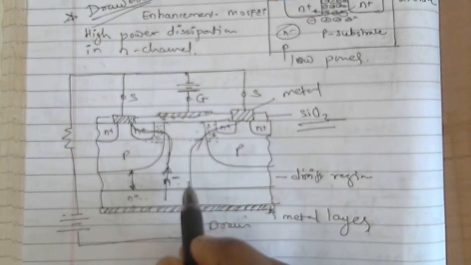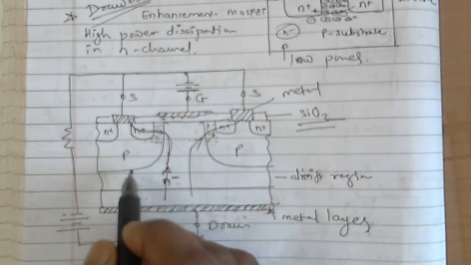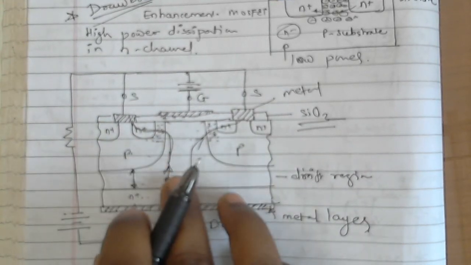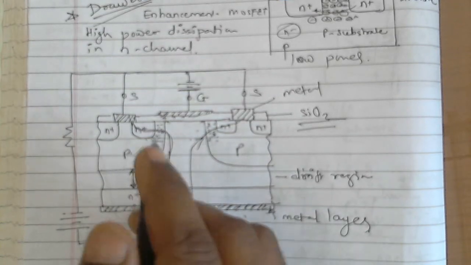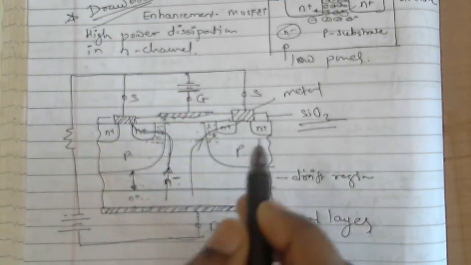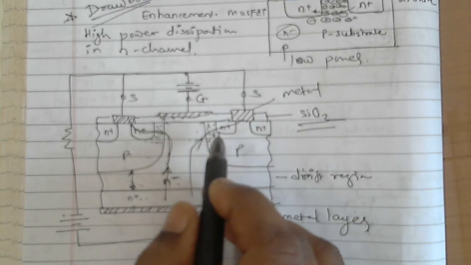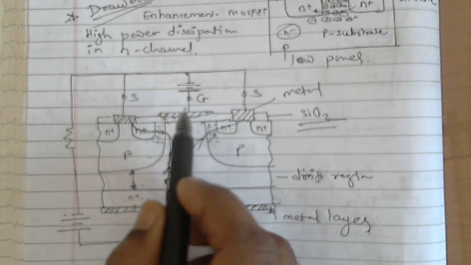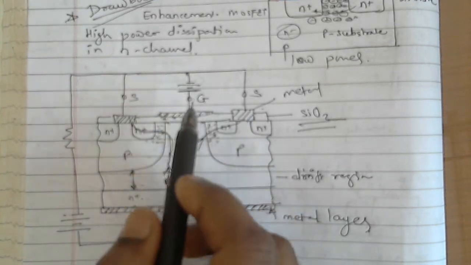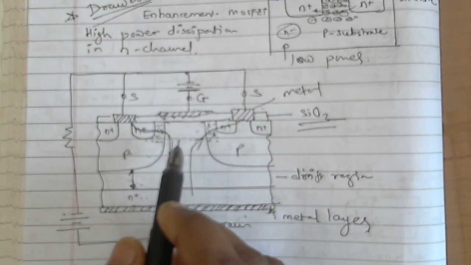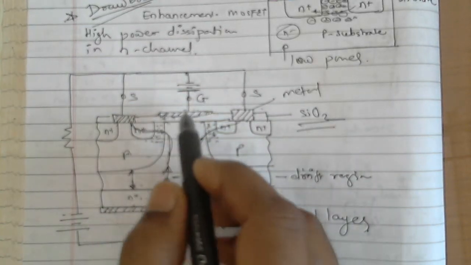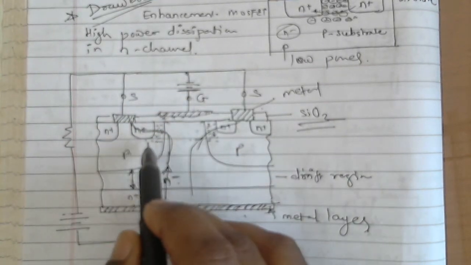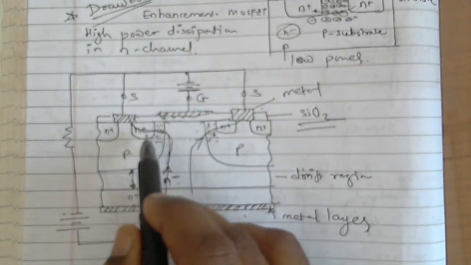Now the p regions are diffused. These p regions are epitaxially grown on the n minus layer, and on these p regions further n plus regions are diffused. Then this SiO2 layer is added, and then it is etched to feed the metallic source, and from the metallic source we get the three terminals. Right, now when this gate voltage is zero, at that time what happens, this NP.